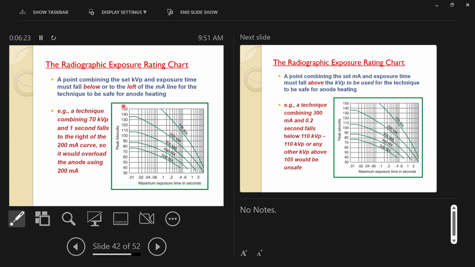The vertical axis shows kilovoltage. The horizontal axis shows time, and these plotted lines show the MA numbers, okay? So I could ask,